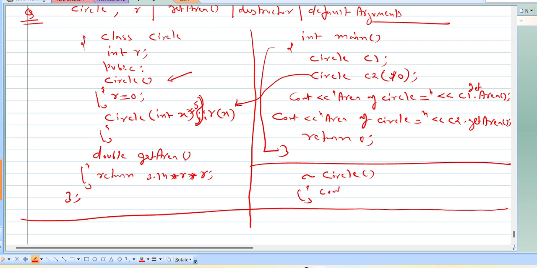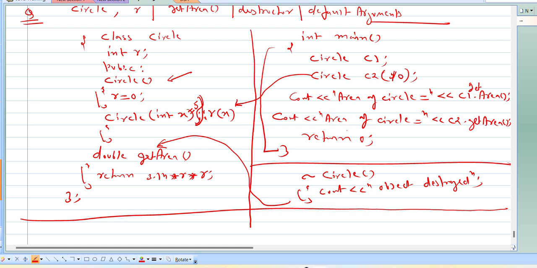We can print something here like object destroyed. If you add these two lines in the program, then